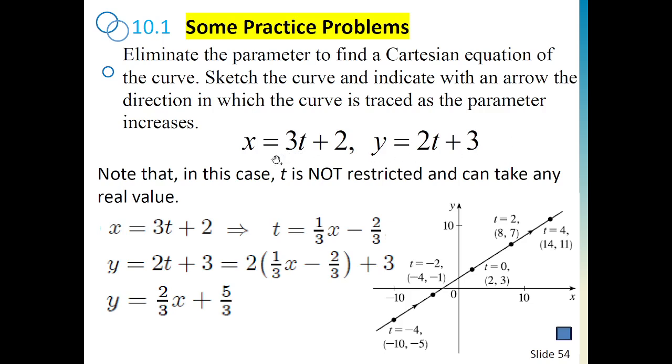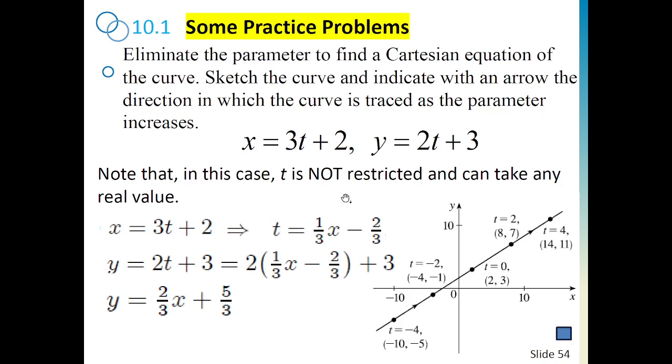So let's say we have the parametric equations. Here we want to know what is the curve, so the plane curve, how it looks like, and what is the direction. So again, with this, what we can do, we can try to eliminate a parameter t, so rewrite expression for t and then plug it into y. So essentially we get this equation, which is equation of a line. So we know that here t has no restrictions, so it's a line going like this, so infinitely extended in both